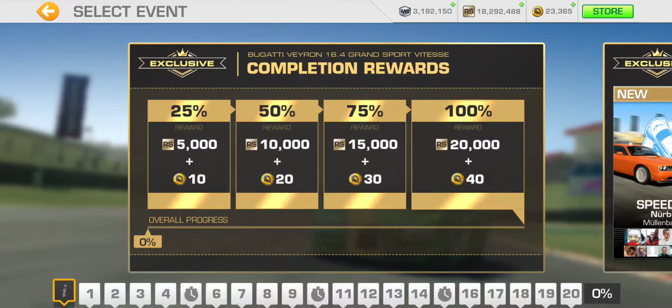But I think at the moment that has been fixed, because that was a bug, I want to say maybe a couple of updates ago. So that's all sorted out. So anyway, 25% completion, 14 events. And for 50% completion, you need 27 events complete. So that means you can go with 27 gold trophies, or 26 gold trophies plus